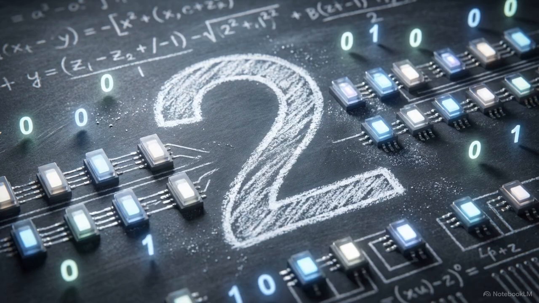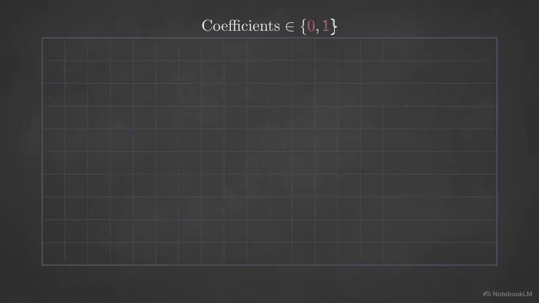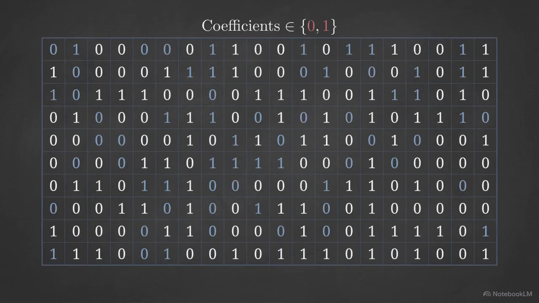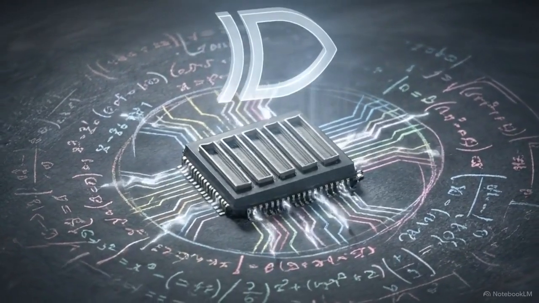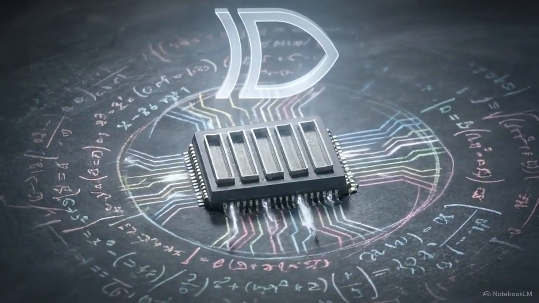Because computers process data using electronic switches, the base prime number is always 2. This restricts our entire algebraic universe to coefficients of 0 and 1. By selecting a Galois field of 2 to the power of n, theoretical mathematics synchronizes with the binary states of